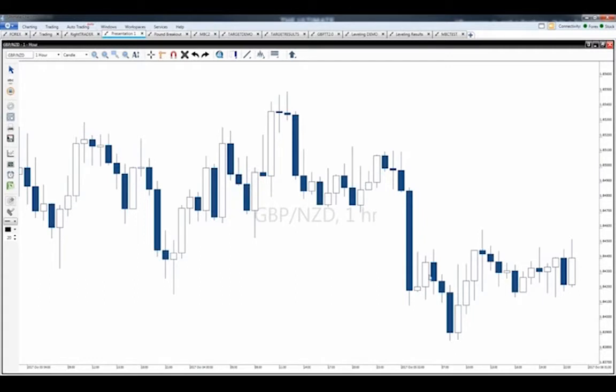Now, the shapes on the screen are called Japanese candlesticks. Each one of these Japanese candlesticks is a visual representation of how much the market has moved within a particular period of time. Because we're on a 1 hour chart, these are all 1 hour candlesticks. Now, if I click on one, you can see this candlestick is from October 4th. It opened at 10 o'clock in the morning. It had an opening, a high, a low, and a close.